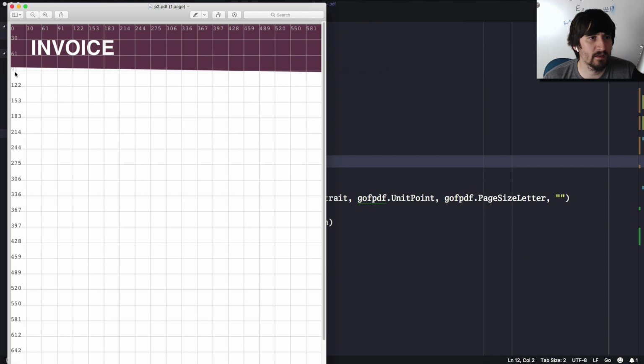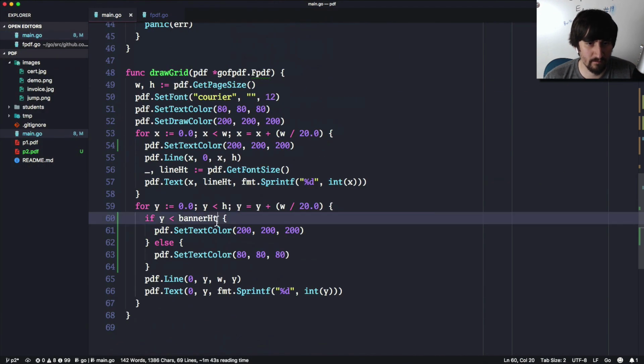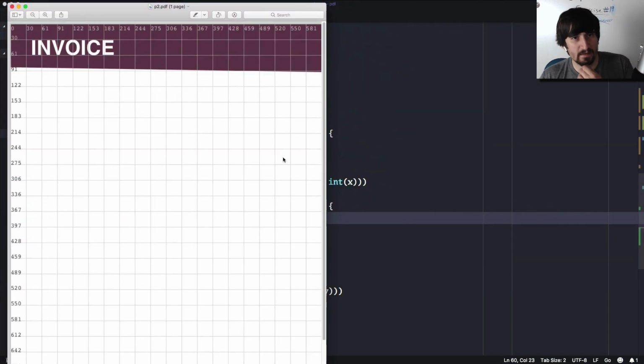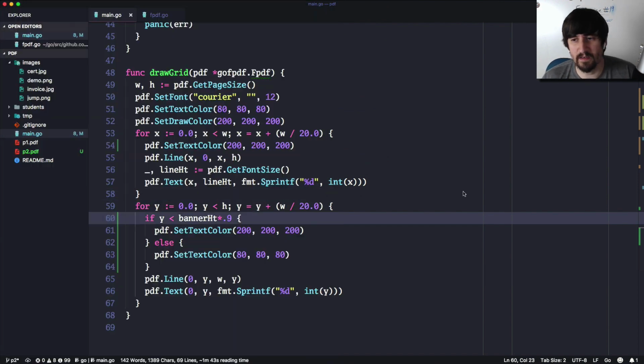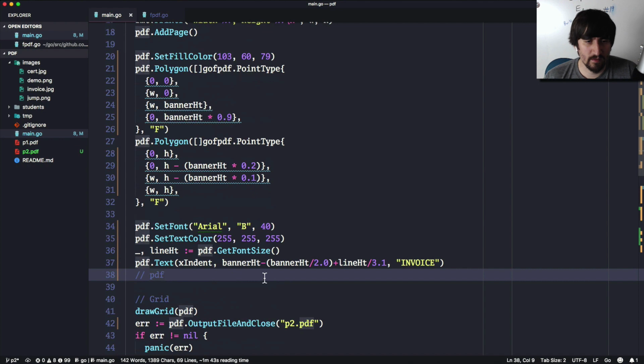All right, so now you can see that we've got the text that's a little bit more visible here. This 91's a little bit hard, but that's fine. So maybe I wanted to do banner height times 0.9 because that's the number we used before. All right, so now we've got all that. We want to do some text on the right. And this is where we're going to be doing